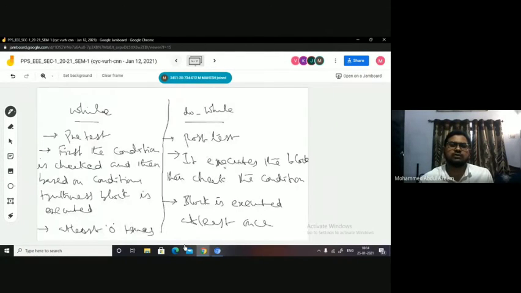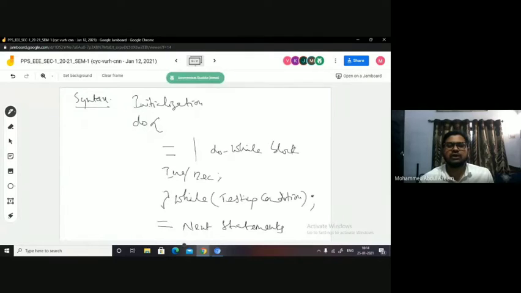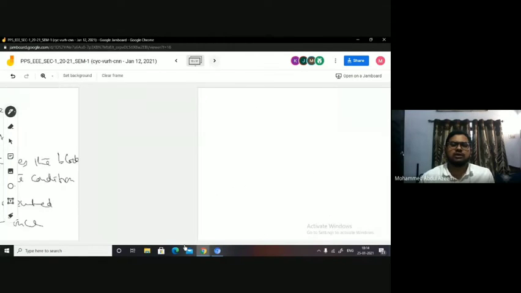How does the do while execution happen? If you see what is happening, first initialization, then do while block, increment, decrement, then the condition is tested. If the condition is true, again you will be allowed to go for the do while block, right? So again you will be executing this and then check the condition. Again, if it is true, you will be allowed. But if it is false, you come on to the next step. This is how the execution takes place.